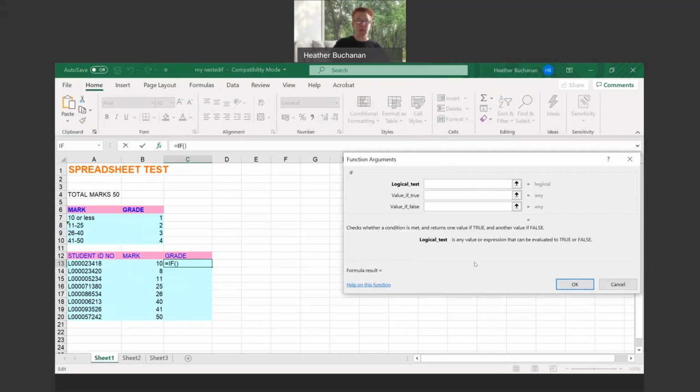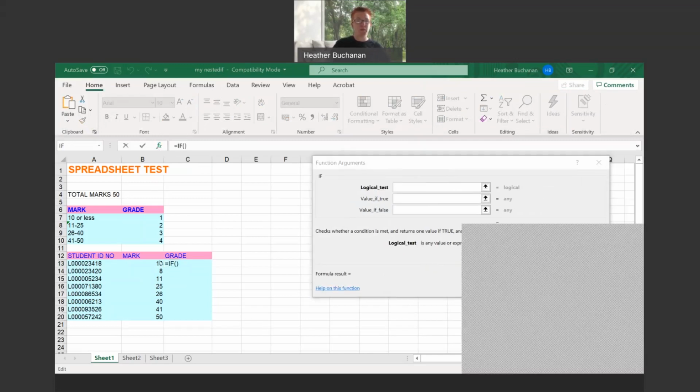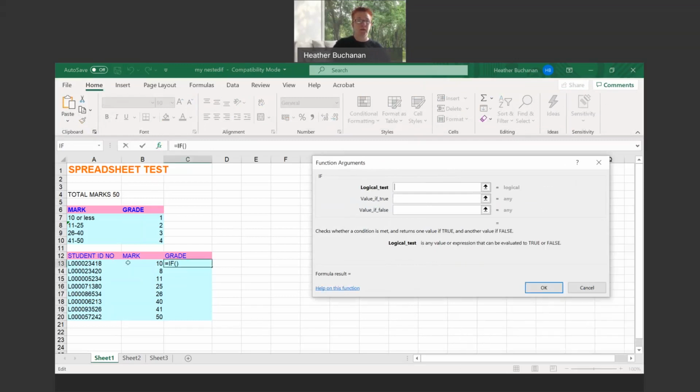I've said if B13 is less than or equal to 10, the value if true is going to be a 1. Didn't mean to click into the box here. Value if false, we're going to leave blank. Click into that line though, and we need to go back into the name box and pick up if